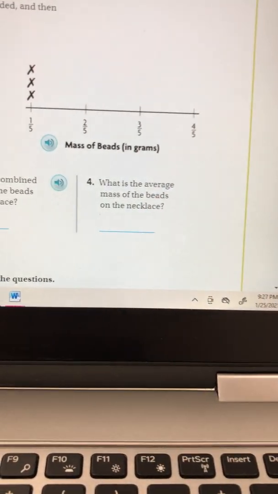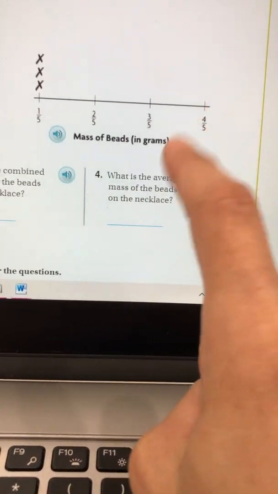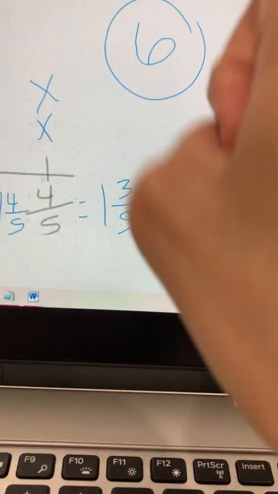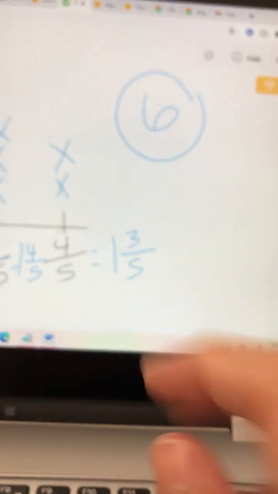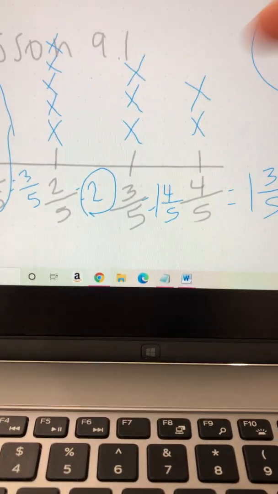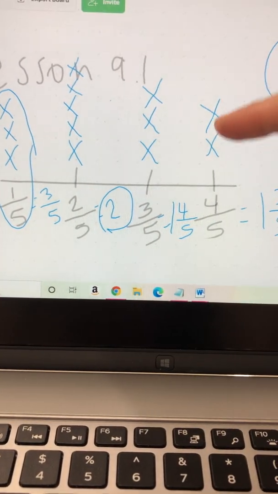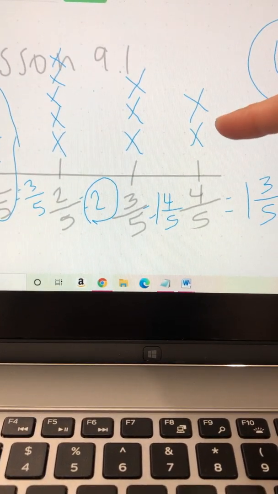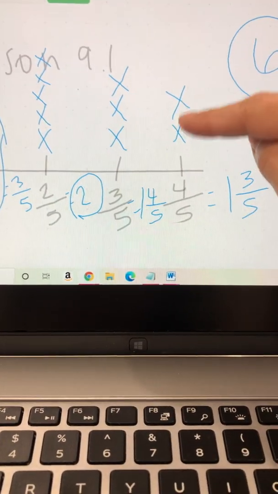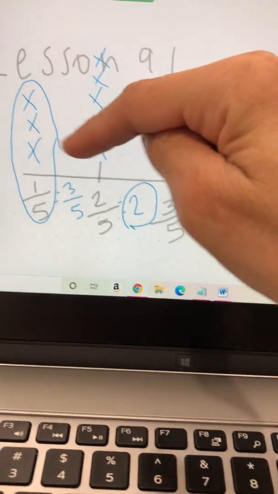Now, average means that we're going to take that 6 and divide it by how many X's we have in total. Because that would be the test scores, quote unquote. How many tests were taken? Well, in that case it was 2, but now we're going to add up how many X's we have, the total number of X's. That's how many beads she has or how many tests we took. Just an example. So here you have 1, 2, 3, 4, 5, 6, 7, 8, 9, 10, 11, 12,